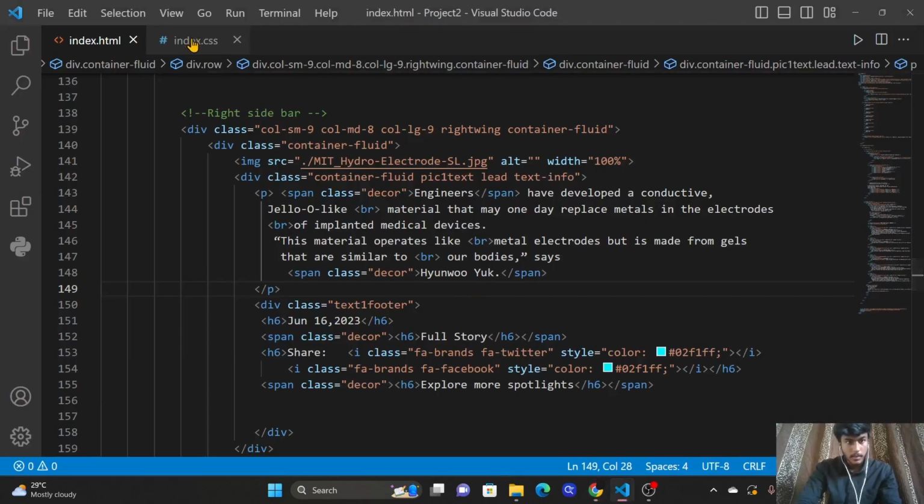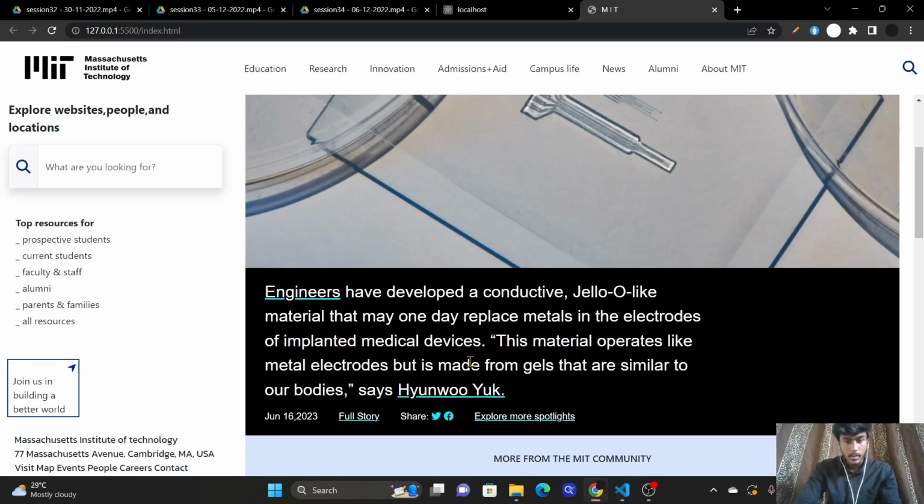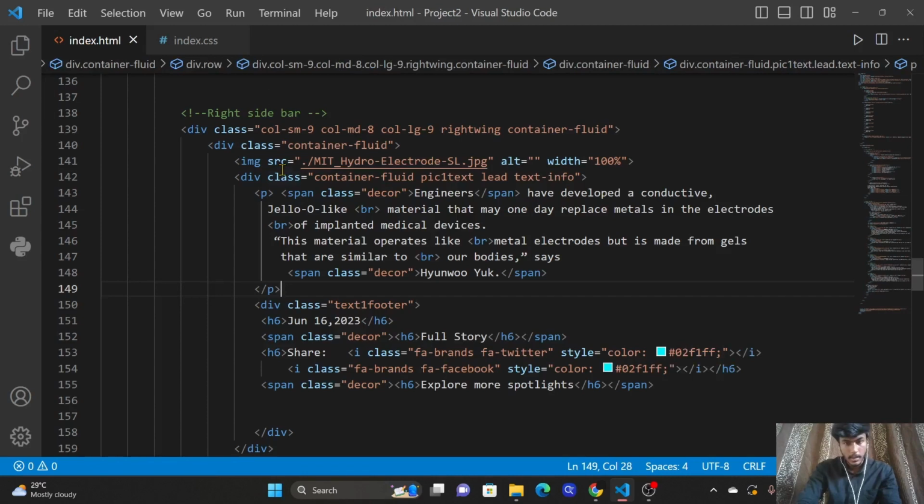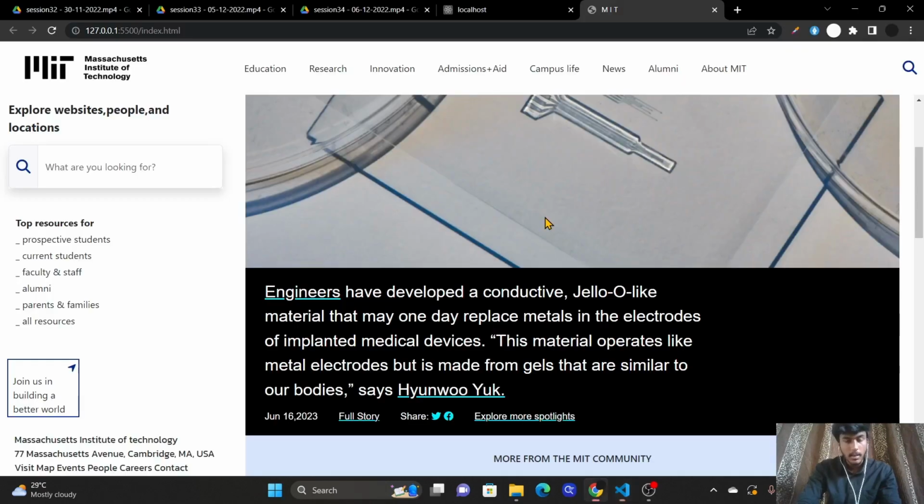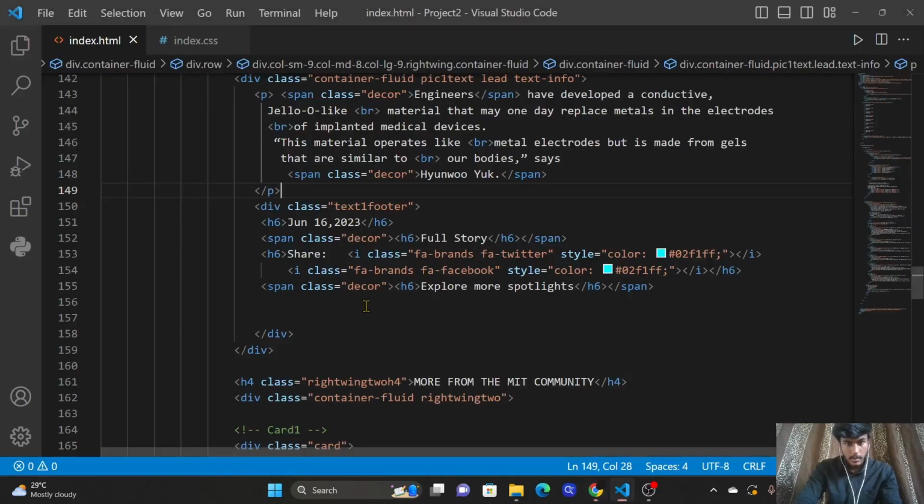So we use span elements to underline the text. We applied styles to the span element like this. We used text decoration and its color. So wherever you use the span element, it gets text underlined in that color. So this is the text here,